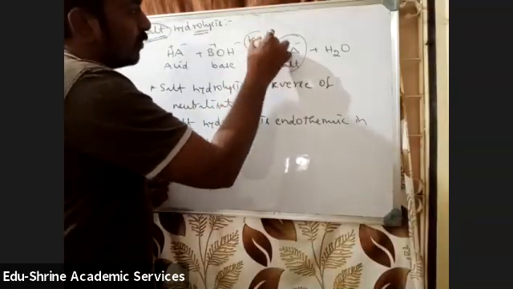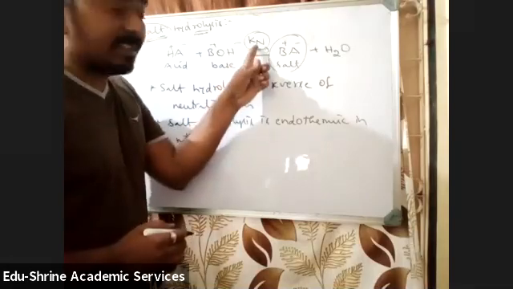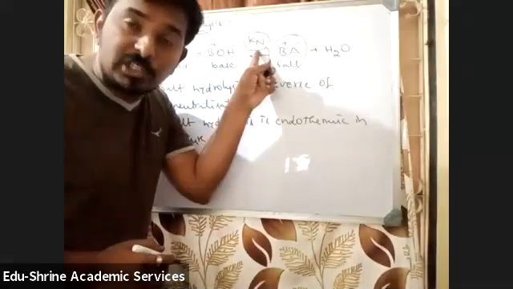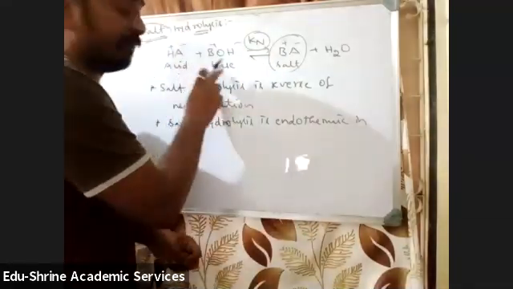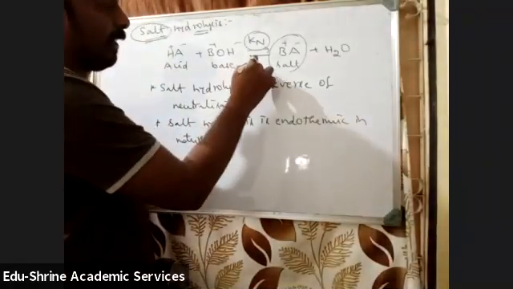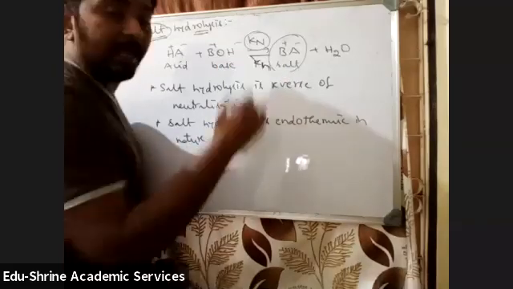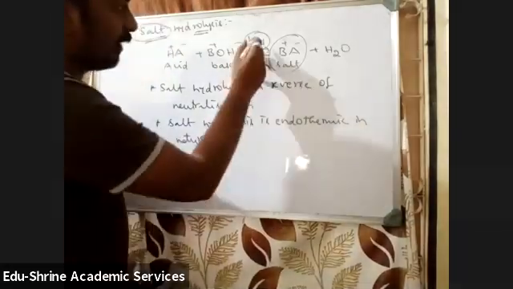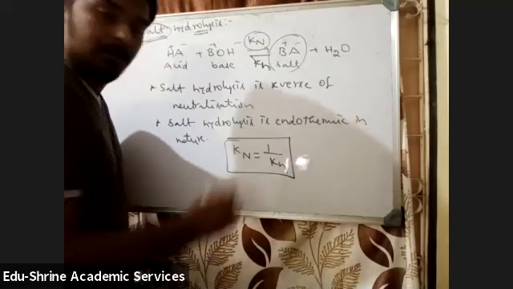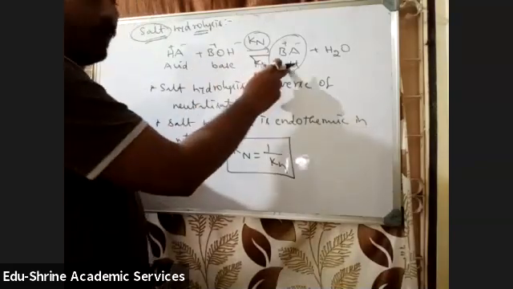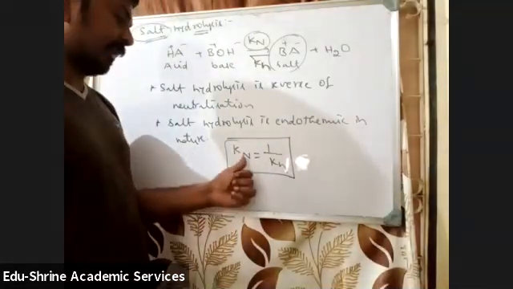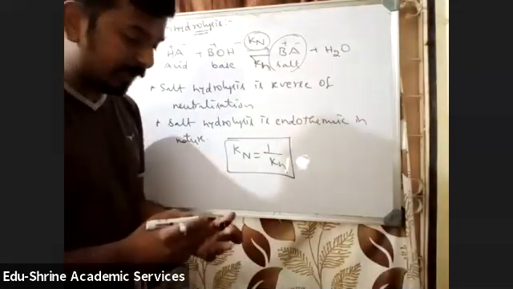If the constant for neutralization is Kn, this is an equilibrium constant, because this is an equilibrium reaction. For one reaction, you don't get this neutralization constant. That is the reaction between a strong acid and a strong base. Then in the same way, for hydrolysis, I have a constant called Kh, the hydrolysis constant. So the relation between these two will be Kn is equal to 1 by Kh, because of the forward reaction and backward reaction. When the reaction is reversed, equilibrium constants will be inverted, right? So the Kn value will always be equal to 1 by Kh.